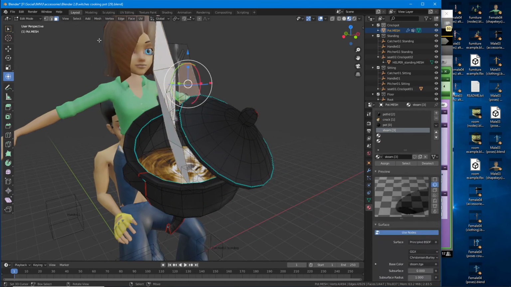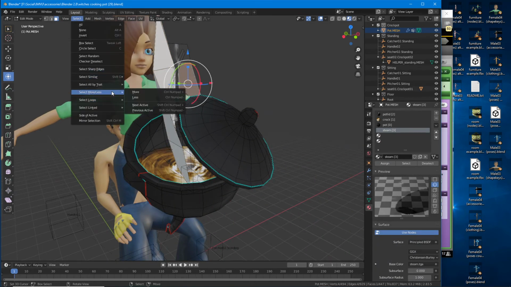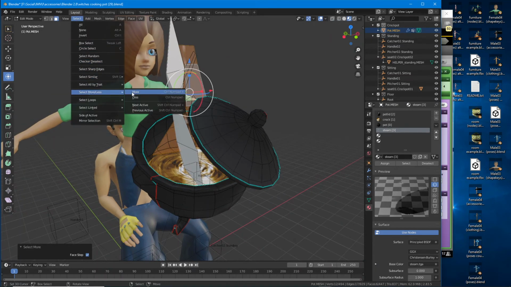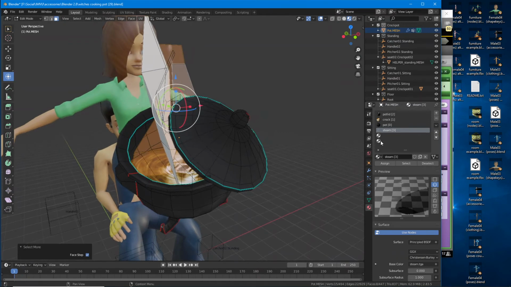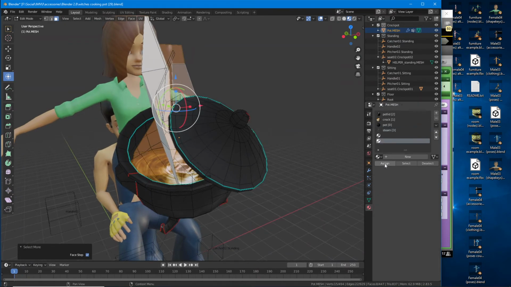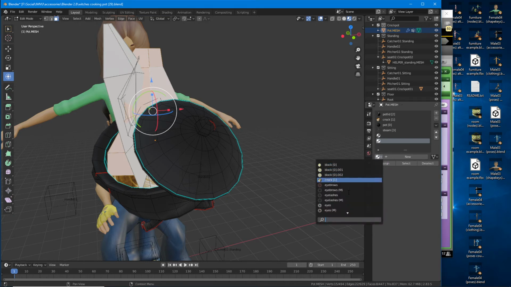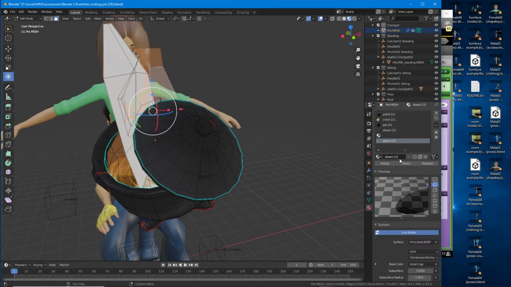Let's do another one. Select, more or less. So has that selected everything? No. So select the other one, assign, so that's gone white. So what we can do now is browse our material slots and assign Steam 3 to that,